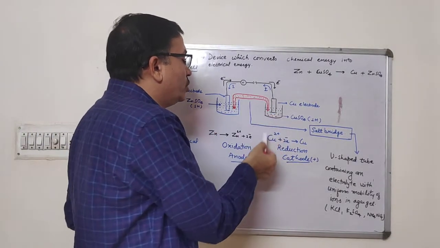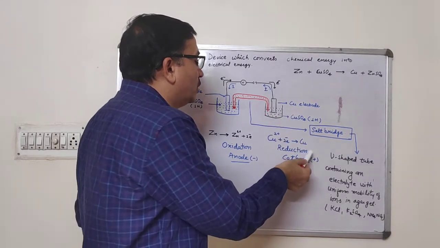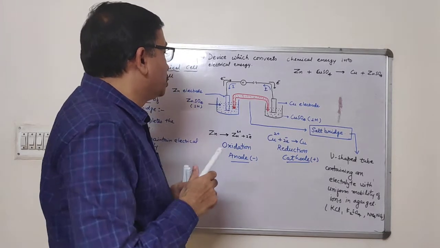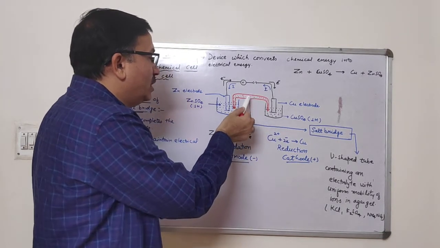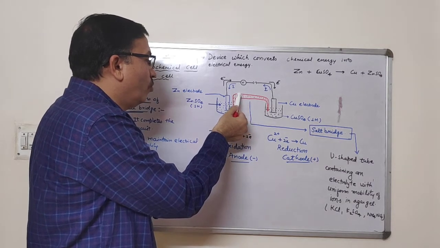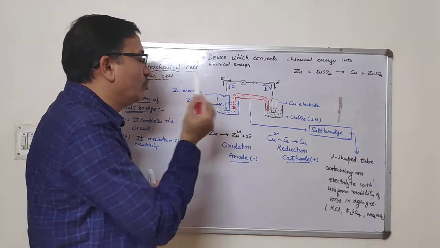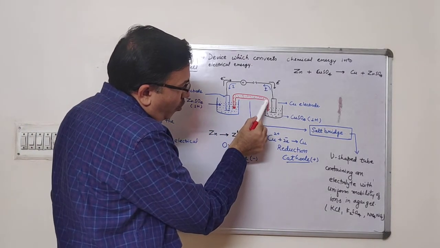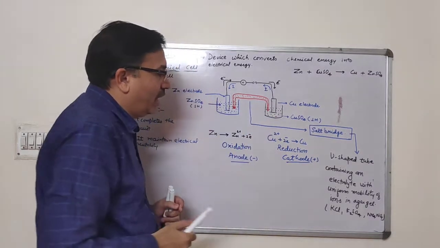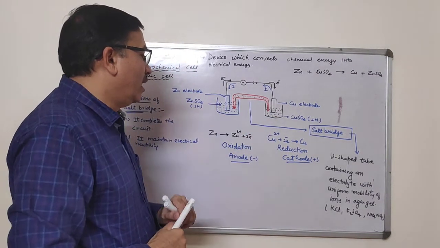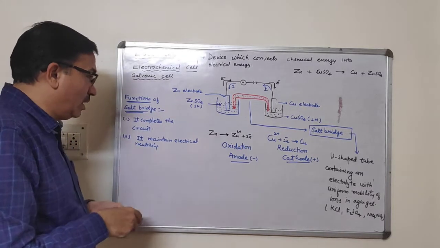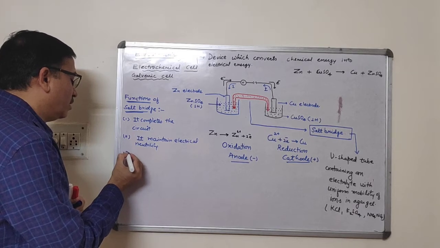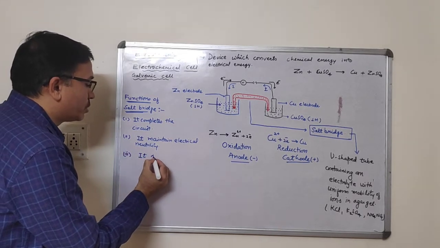Similarly at the other electrode Cu2+ is getting neutralized, meaning the concentration of SO4 2- ions will increase. In that situation, anions will move from the salt bridge to the anode and neutralize Zn2+, and cations will move toward the cathode and neutralize the anions, and in this way the electrical neutrality of the cell will be maintained. And third, a very important thing, it stops